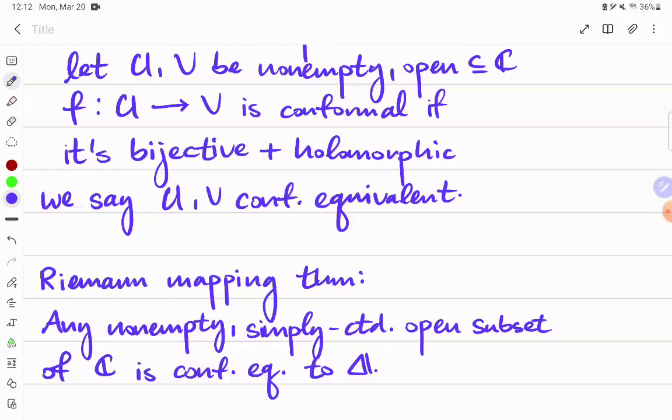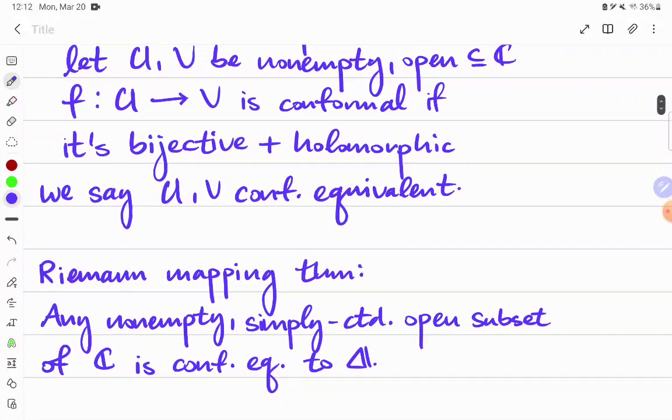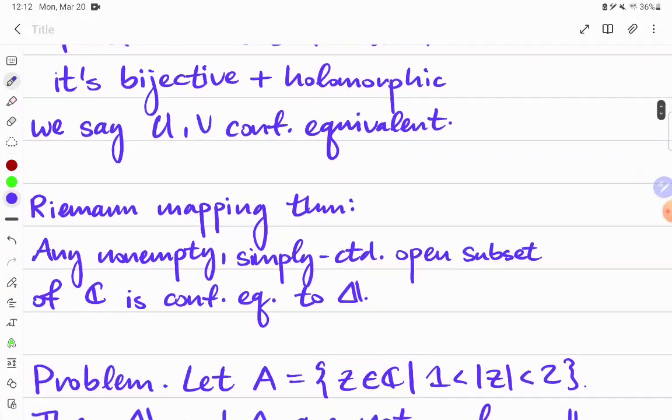Now, the appearance of simple connectedness here might seem kind of strange. How does this enter into the picture, and what changes if we remove that assumption? Well, the rest of this video will be dedicated to when this theorem fails, and spectacularly so, if we remove this assumption. It turns out that this is so fundamental that even if we take the most obvious examples of punctured disks or donuts or holes in the plane, then these regions cannot be conformally equivalent, and we will disprove, in fact, that a conformal map can exist between two such regions. The problem is as follows.